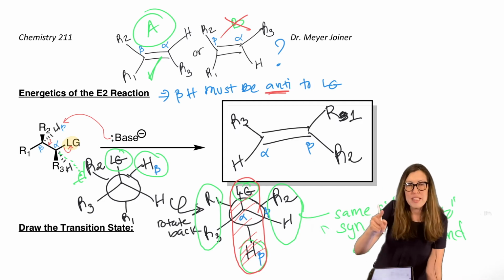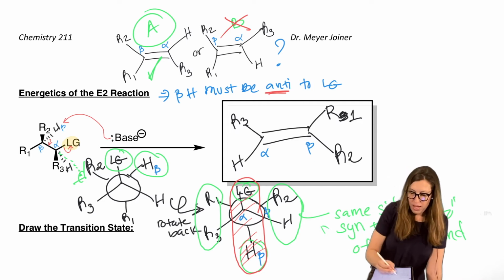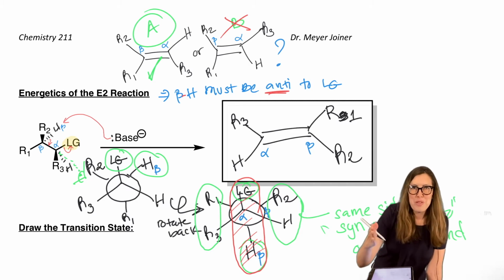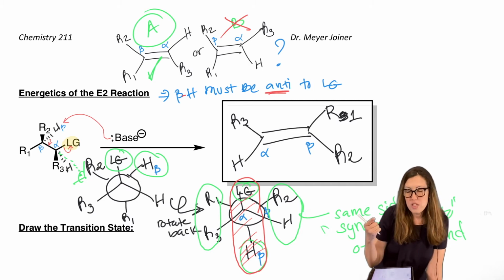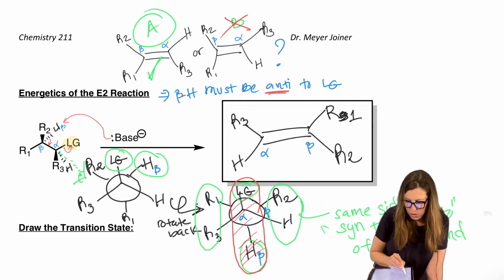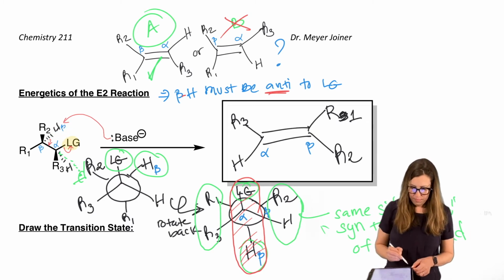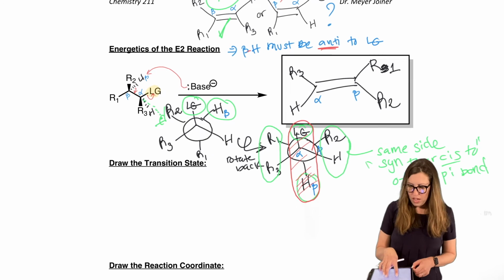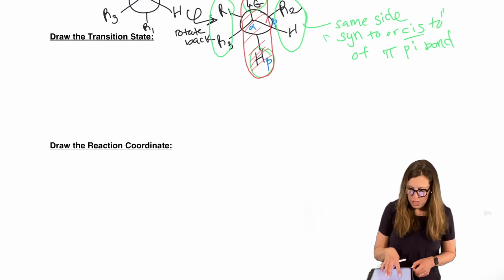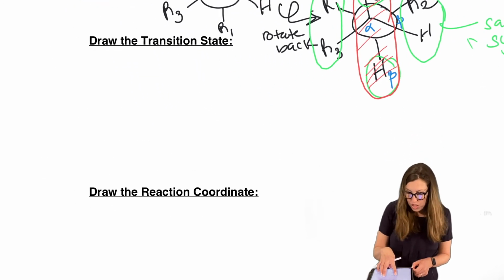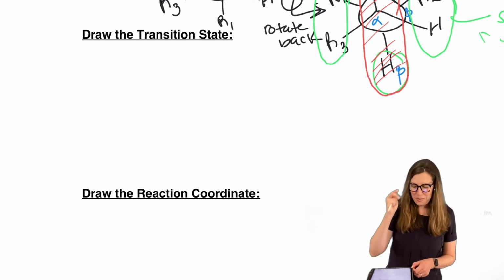That comes from the mechanism that the beta H must be anti to the leaving group. So yes, Newmans are back with a vengeance. When do we need to draw Newmans? Only when there's only one beta H possible to pick off. So we have to make sure we rotate so it's in the right alignment. I'll show you examples where we might not have to make that consideration soon, but now you know. It doesn't hurt to do it. It could just be excessive.